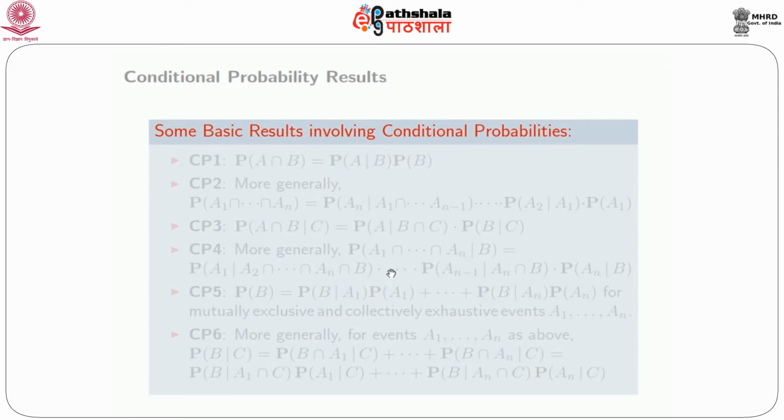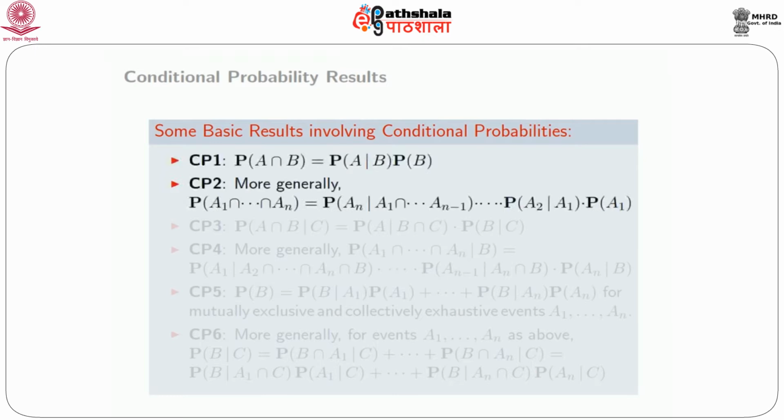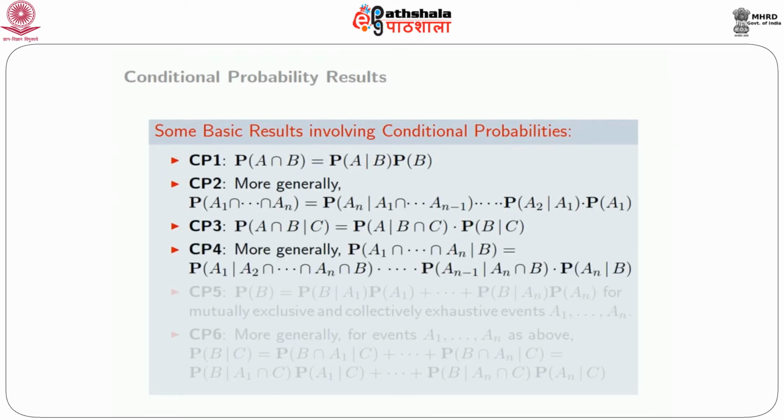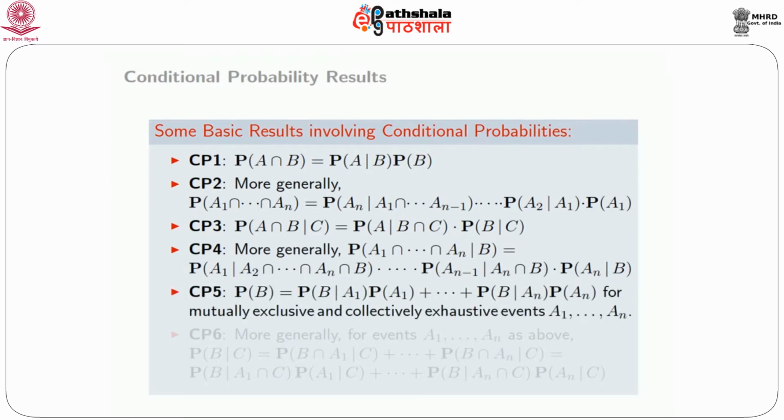So I want to quickly recall some basic results in conditional probability. These are all results that either you know or you can directly derive by using the simple definition of conditional probabilities. So I'll just list them: CP1, CP2, CP3, CP4,